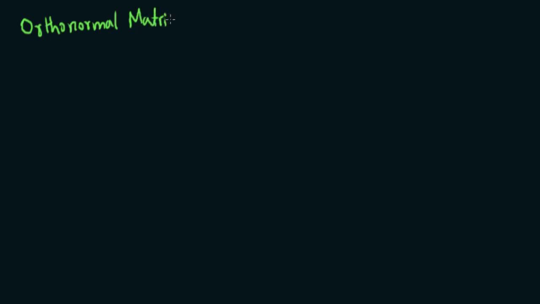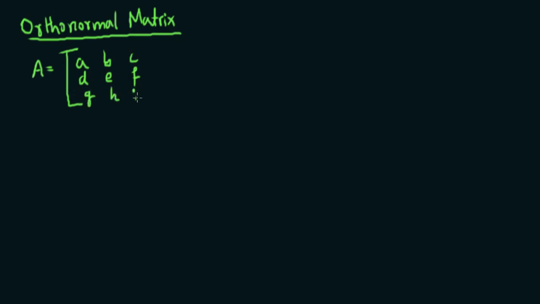Orthonormal matrix. So for example, we are going to take a 3 by 3 matrix. Okay, so the things are much easier. A, B, C, D, E, F, G, H, I. Okay, yeah. So